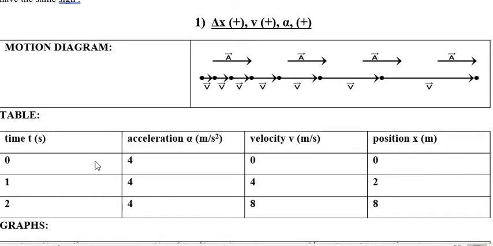Let's have an example here. Let's say that the acceleration is 4 meters per second squared. That means that the velocity changes by 4. So if the initial velocity is 0, after a second it will be 4, after another second it will be 8, and so forth. Now the position,